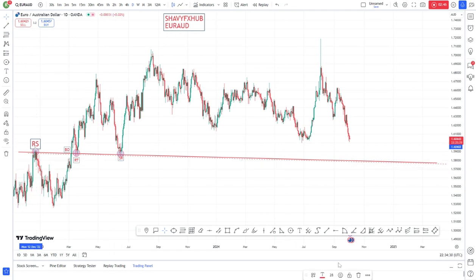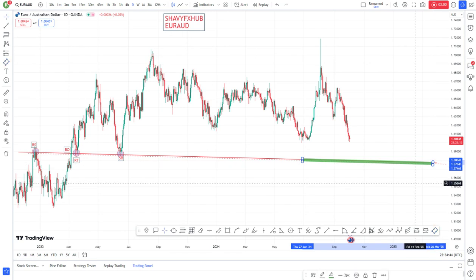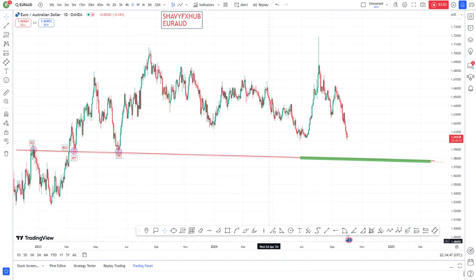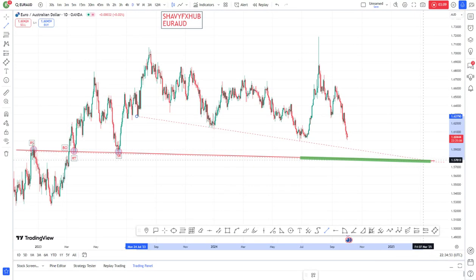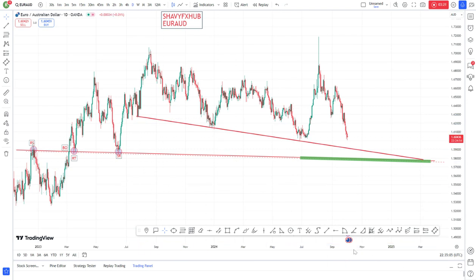So I want price to return back to this level where we are going to make a box on a daily. We want price to play back into the box. We are still going to find another opportunity to tell you the falling will continue. Euro AUD will continue to drop. Okay, so it is better to wait, the correction is not complete yet.